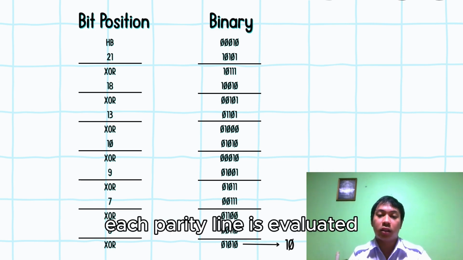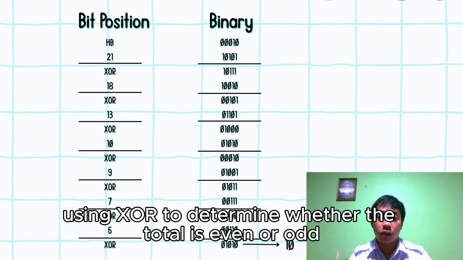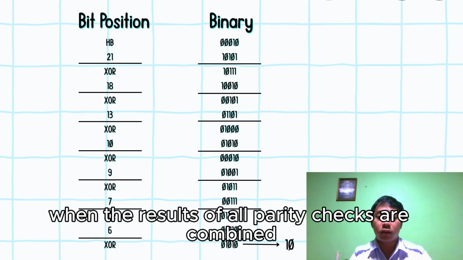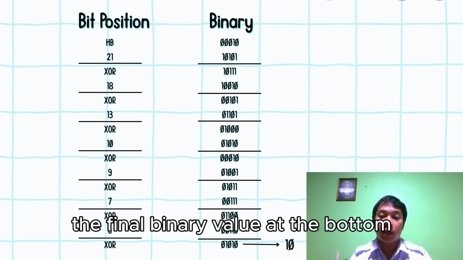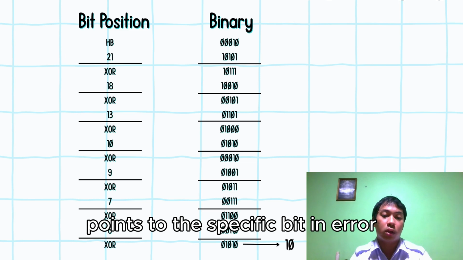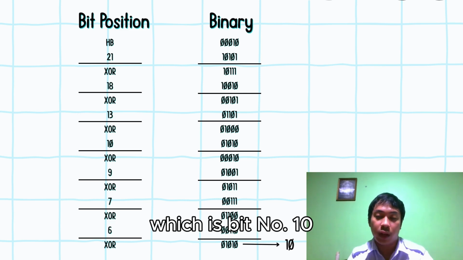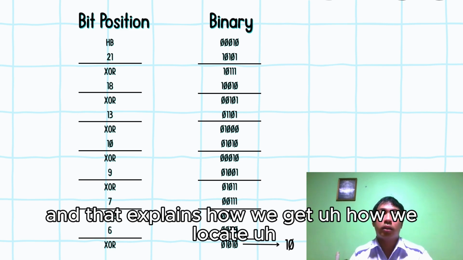Each parity line is evaluated using XOR to determine whether the total is even or odd. When the results of all parity checks are combined, the final binary value at the bottom points to the specific bit in error, which is bit number 10. And that explains how we